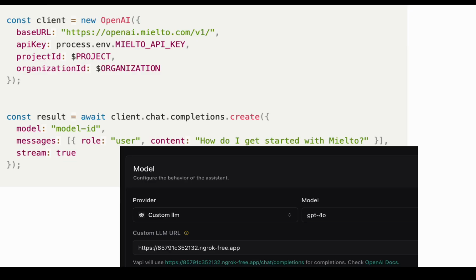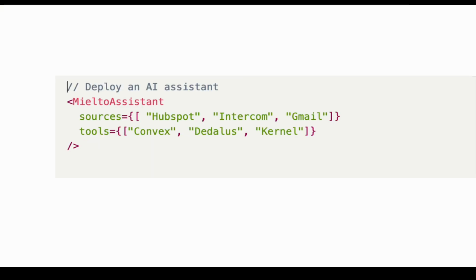So really the problem at the core of this is that context is the limiting factor for AI agent performance. Infra is also incredibly time consuming to make, and our goal is to make all of that as easy as possible. And so we are building this production grade AI infra that is entirely wrapped around an OpenAI SDK compatible call. All you have to do is swap out the base URL and API key, and you are good to go. If you hate UI, you can also use our components that have this code baked into it. So let's go on to an example.